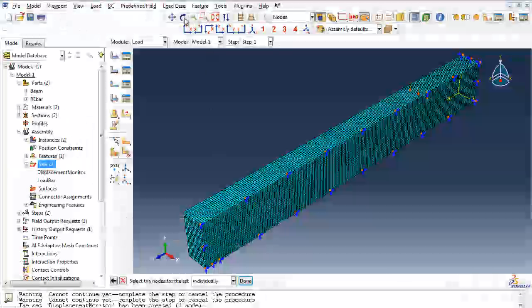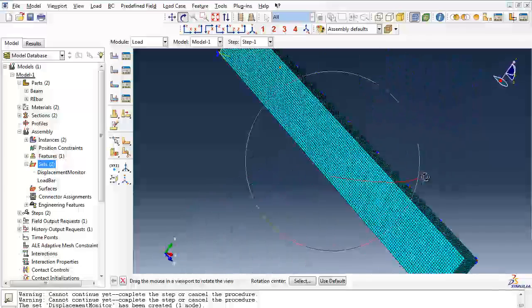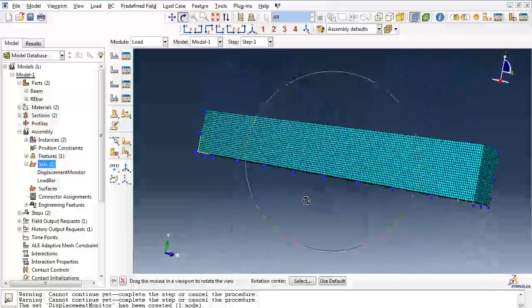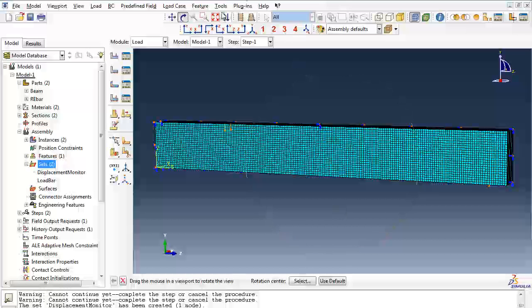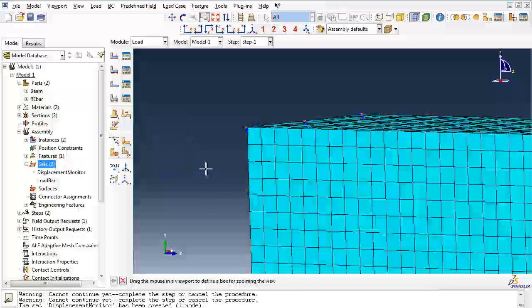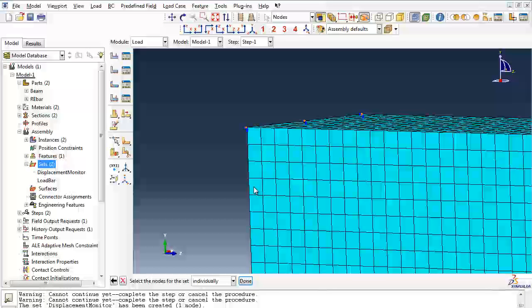So now I need to rotate the beam a little bit. Okay, now escape to exit the rotation command. I'm going to zoom in a little bit here. Each block is 1/4 of an inch. So the strain gauge on our actual beam was 1 inch from the top. So that will be 1, 2, 3, 4 squares. And then it was like 1 inch or 3/4 of an inch wide. So if I select this,